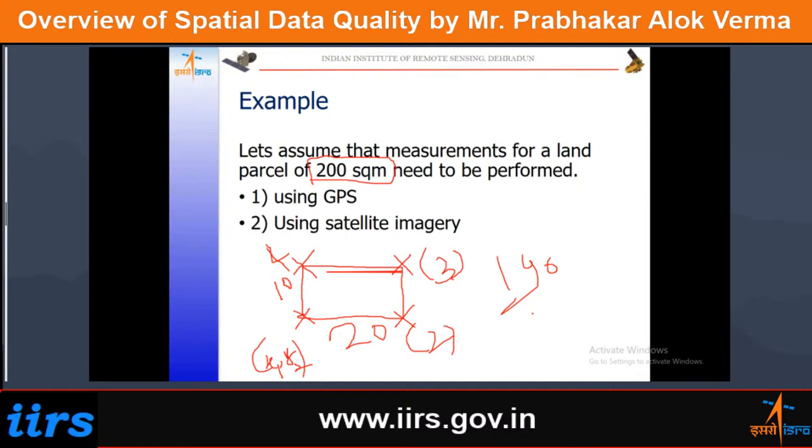So the role of data quality increases once you go for large scale applications. For small scale applications, even less accurate data will work. Similarly,